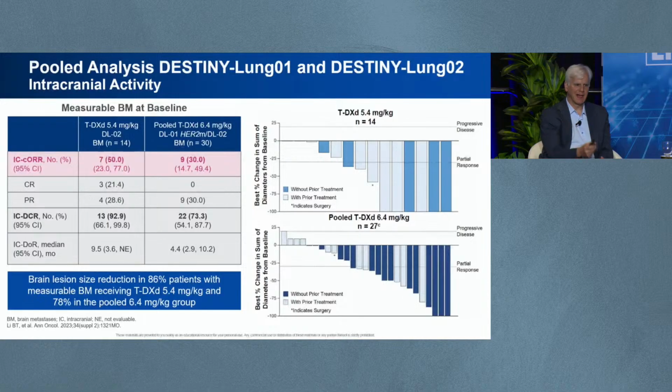Now here's the pooled analysis of the DESTINY-Lung01 and Lung02 trial. Again, just highlighting not just the overall activity, but now focusing on a very important element, and that is CNS activity of these agents. We've learned before that T-DXd does have activity for patients with brain metastasis positive breast cancer. So it came as no surprise that yes, indeed, a similar activity to its systemic activity can be noted in